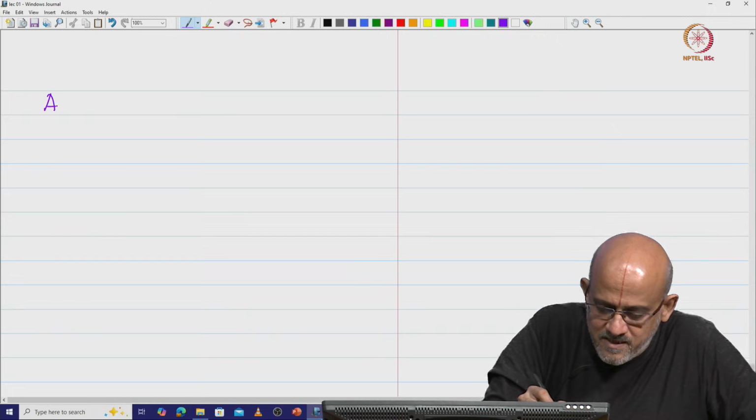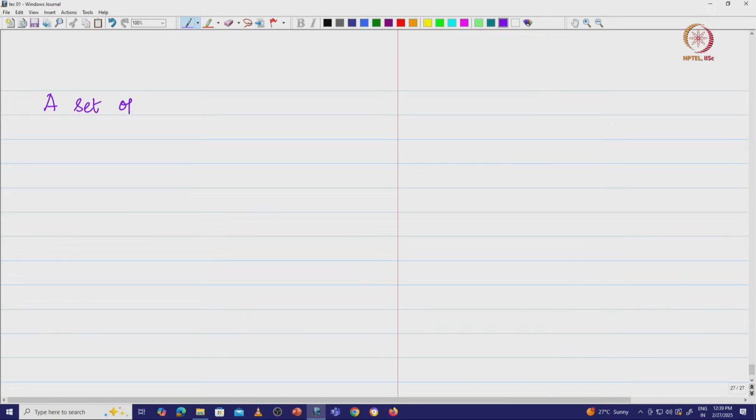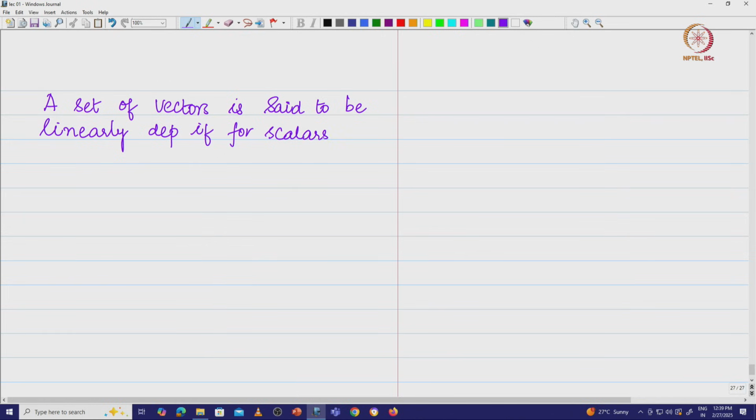A set of vectors is said to be linearly dependent if for scalars alpha 1, alpha 2, etc., let us say alpha n, there exists